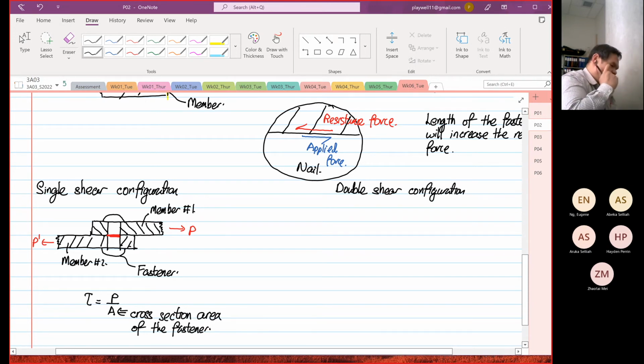Okay, now we have three members. So we have one member acting in this direction. So this is one of our members. Hold on, I do apologize. So this is our fastener first. Okay, so this is